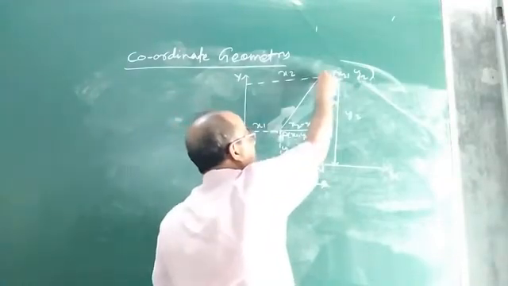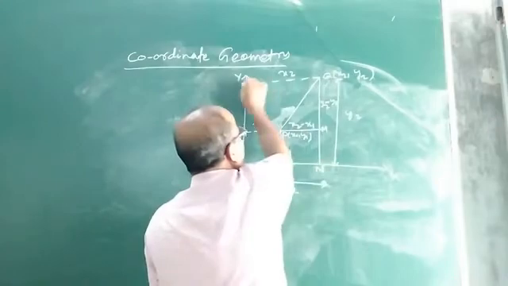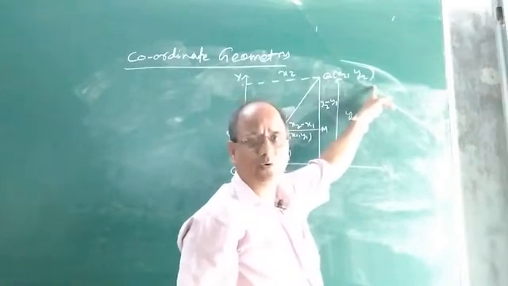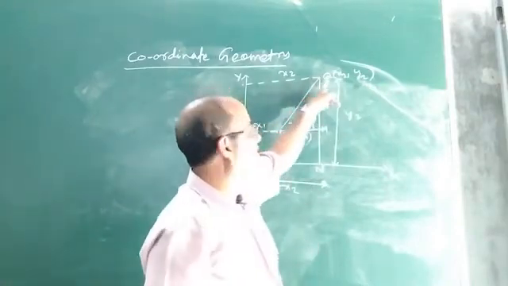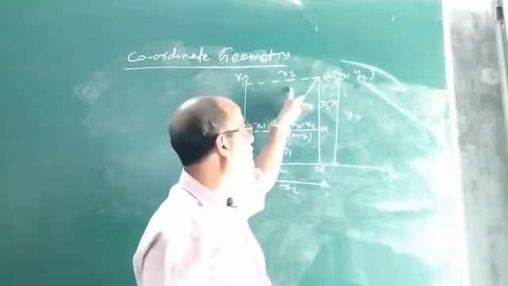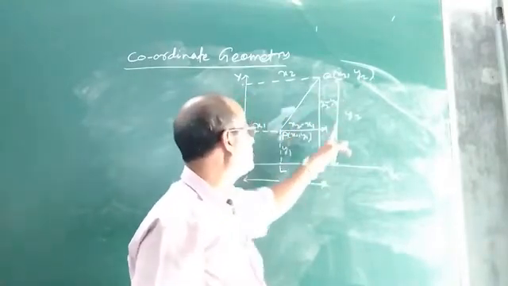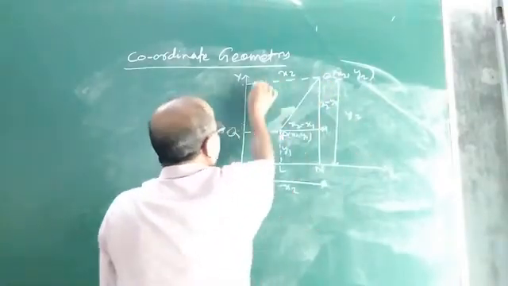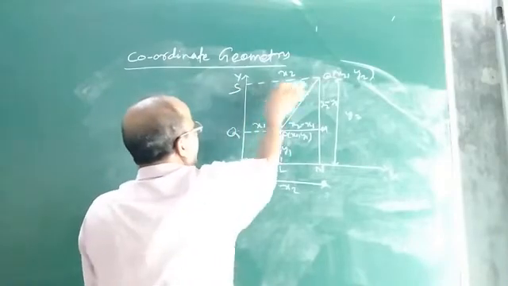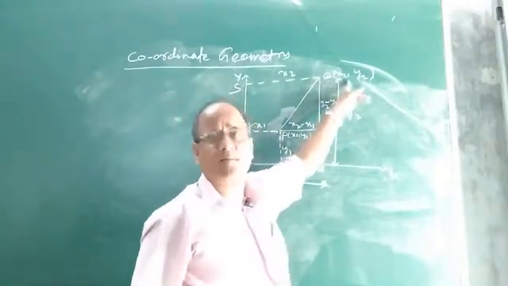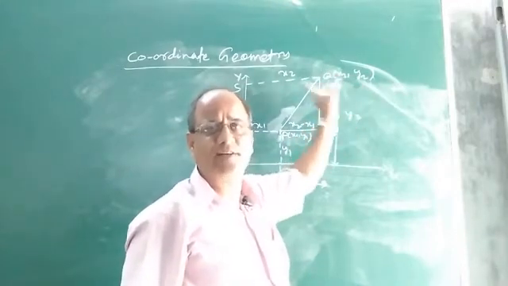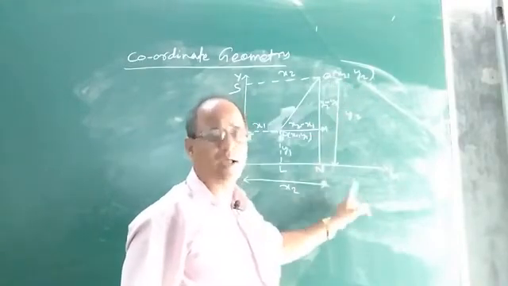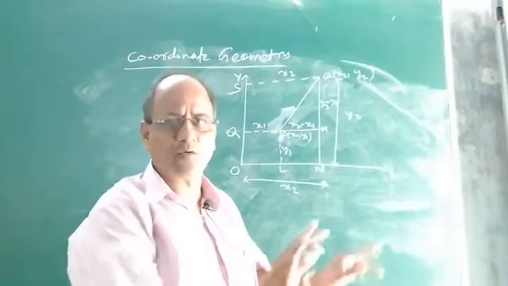Okay. Now again draw perpendiculars from Q to the x-axis and y-axis. What are the coordinates of Q? The coordinates of Q are x2 and y2. So definitely the distance of Q from the y-axis will be x2 and the distance of Q from the x-axis will be y2. That means QN is equal to y2. Suppose the foot on the other axis is S. QS will be x2, because the coordinates of Q are x2 and y2. So its distance from the y-axis will be x2 and its distance from the x-axis will be y2. Okay. Now we understood this much.